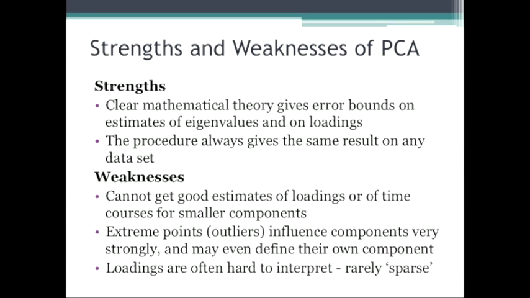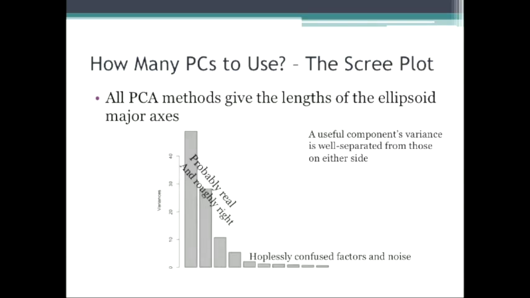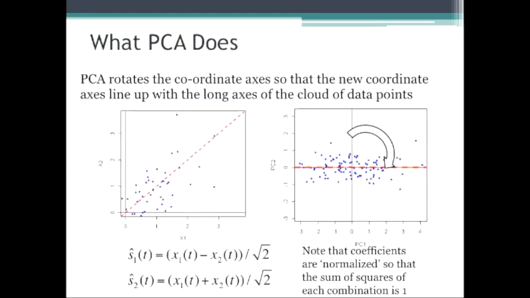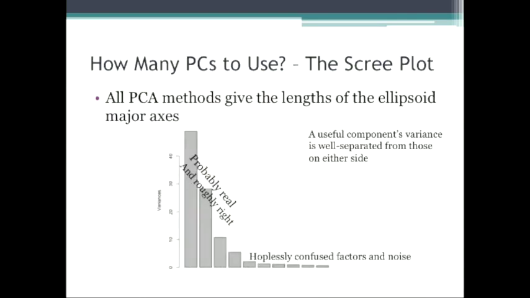Okay, so what's the first question about that is how many principal components to use. So principal components analysis will give you as many axes as dimensions you put in. But you always select the first few. And how many do you select? Well, the sort of tool of the trade is what's called a scree plot.